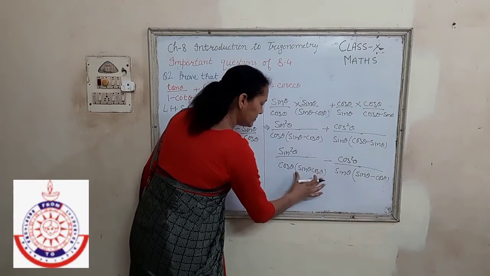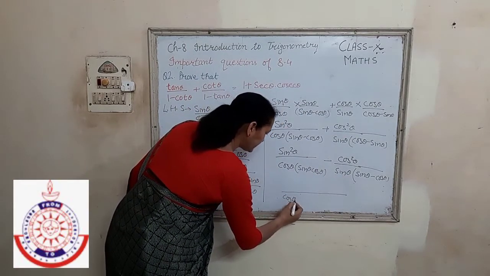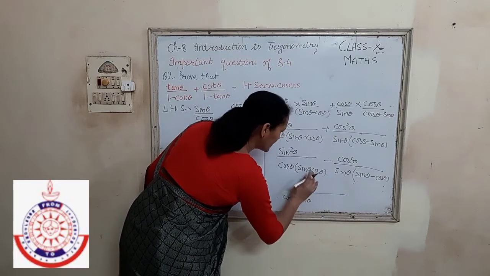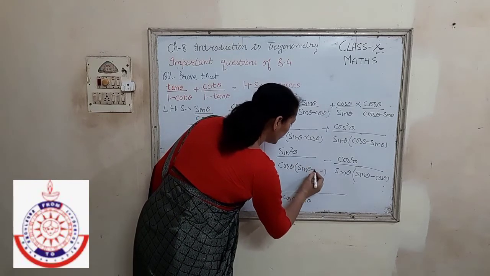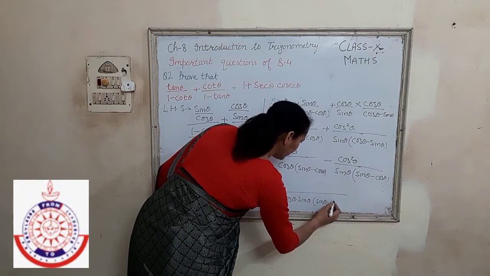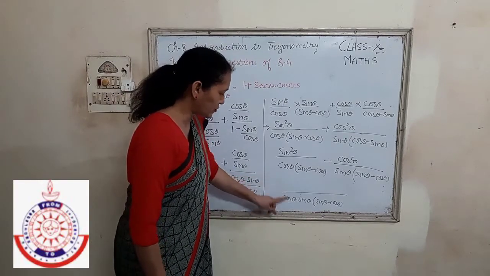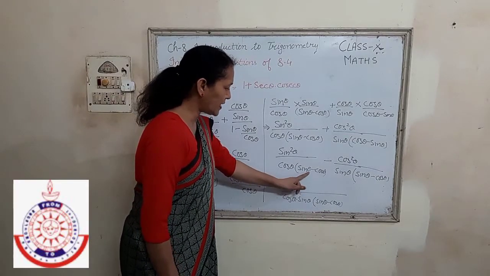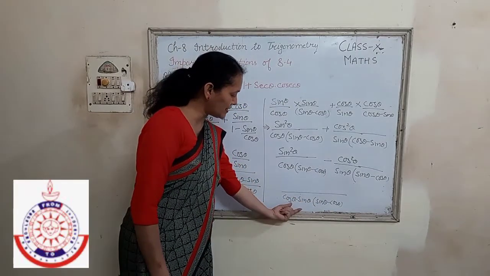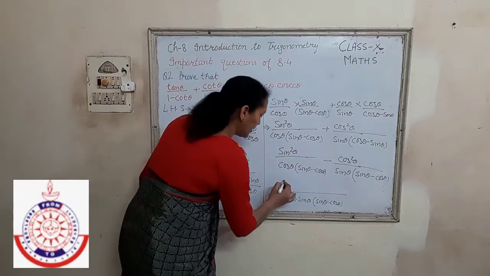Now this part has become same. So when we will be taking LCM, we will be having cos theta, this sin theta, and this term will be written once. Plus minus sign here. So it will be sin theta minus cos theta. Now when we solve by LCM, just look at the LCM part. Cos theta is there, sin theta minus cos theta is there. This sin theta is extra. So when we divide this LCM with the denominator, we will be left with sin. So that sin will be multiplied.